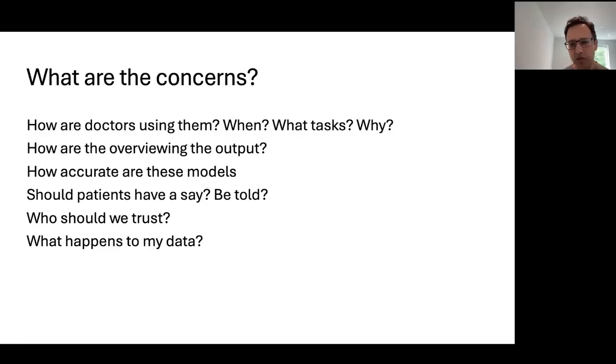So there are loads of questions, and I must admit it's quite hard to know where to begin because this is quite a new technology. We don't really have much in the way of guidance. As you probably know, guidance always lags behind real-world use. And I'm more interested in capturing and understanding how people are using it first. I think that's probably a good starting point, to understand how doctors are using it.